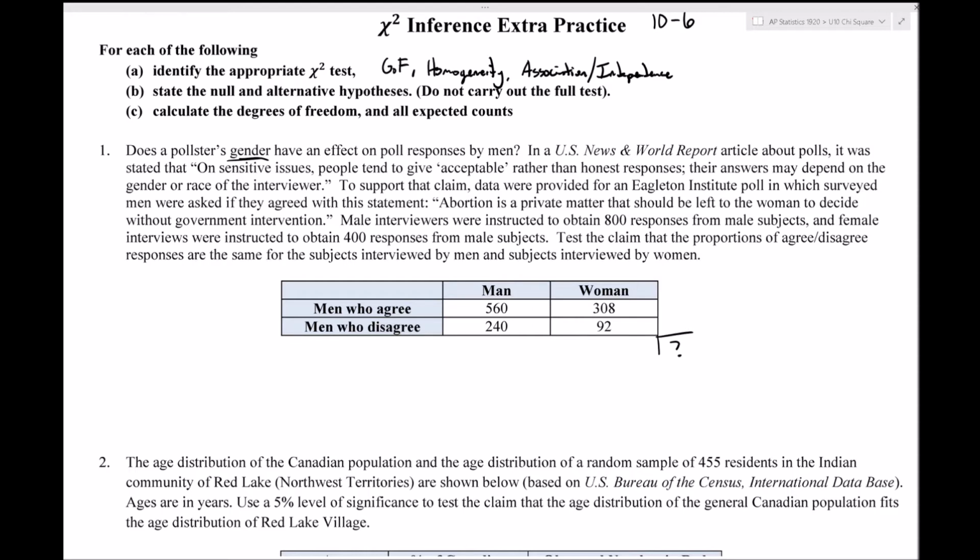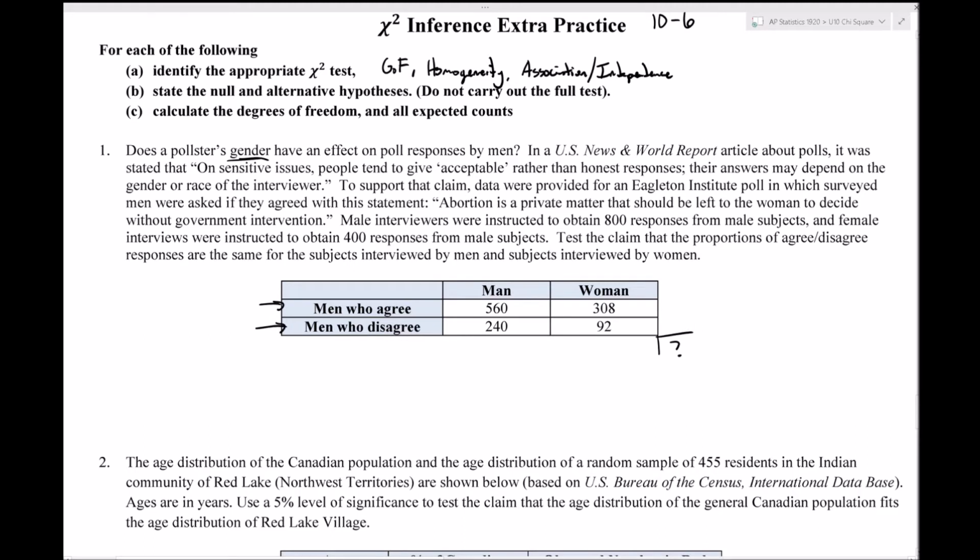So let's see. To support the claim, data were provided for an Eagleton Institute poll in which surveyed men were asked if they agreed with this statement: abortion is a private matter that should be left to the woman to decide without government intervention. Male interviewers were instructed to obtain 800 responses from male subjects, and female interviewers were instructed to obtain 400 responses from male subjects. Test the claim that the proportion of agree versus disagree responses, so those two categories, men who agree versus men who disagree, are the same for the subjects interviewed by men and subjects